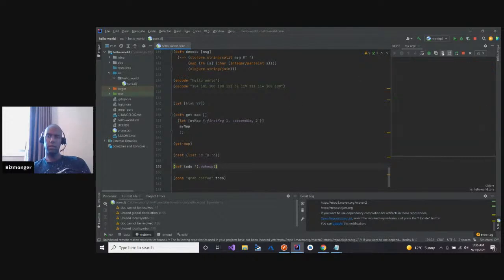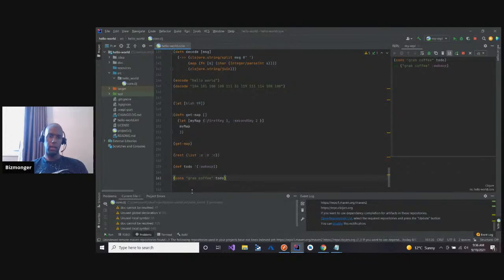All right, so you use def for it to be global and to actually hit the namespace. Let is only meant to be scoped to a function and won't be applicable to the actual namespace memory. So theoretically, this should now work. Cons grab coffee to do.